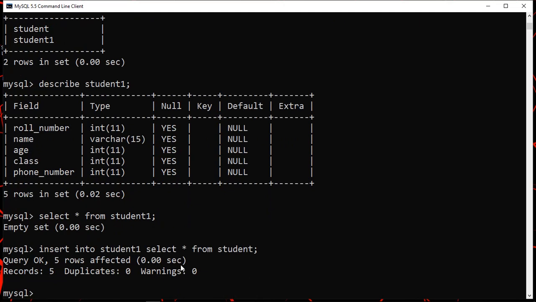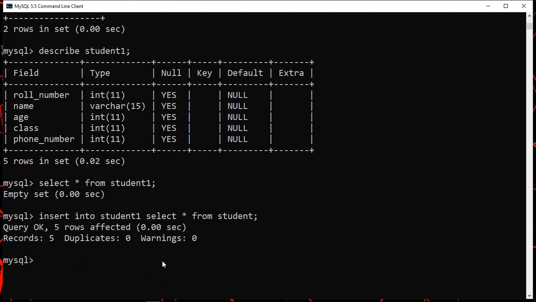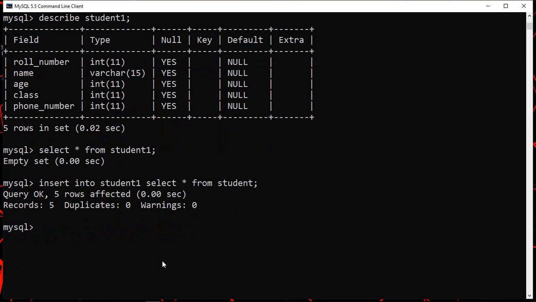See, it is showing query OK, 5 rows affected. Now let's check. Earlier when we wrote select asterisk from student one, we got an empty set. Now let's write the same command and check the output. Select asterisk from student one, semicolon, and press enter.